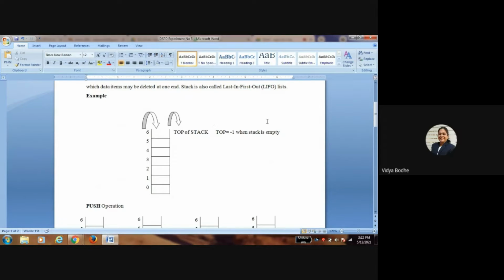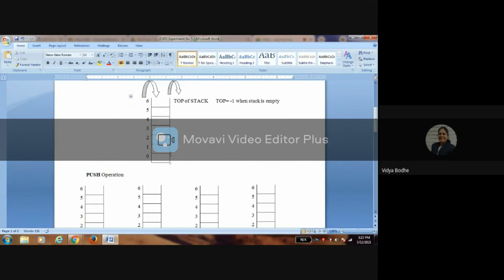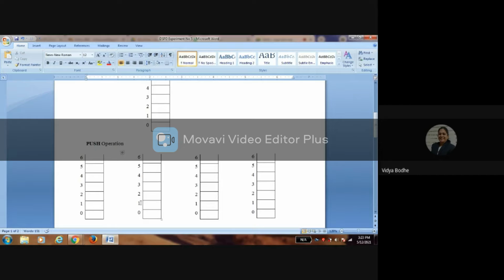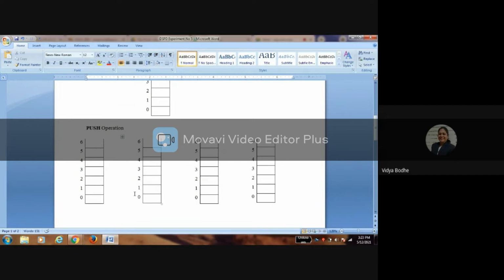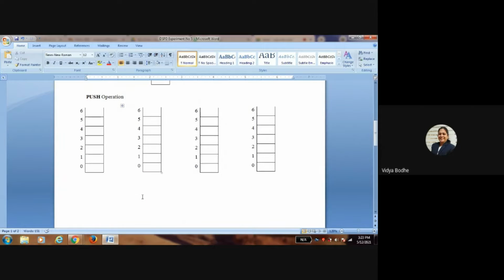Here, insertion and deletion will be performed from the same end, that is top of the stack. When stack is empty, top will be -1. First of all, our stack is empty. Now we insert first element in the stack. When stack is empty, top equals -1.